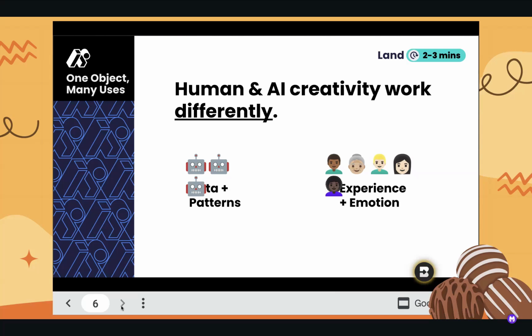So we've touched a little bit about how AI works, and it moves from big data and uses that big data to come up with those conclusions. So we really want to leverage that human and AI piece together for creativity. So this activity, why I started off with this activity, is because it is actually one of the AI literacy pieces that AI EDU has put together. So you see those slides that I have there. And this is geared towards elementary students. So real basic, right? Took a few minutes.